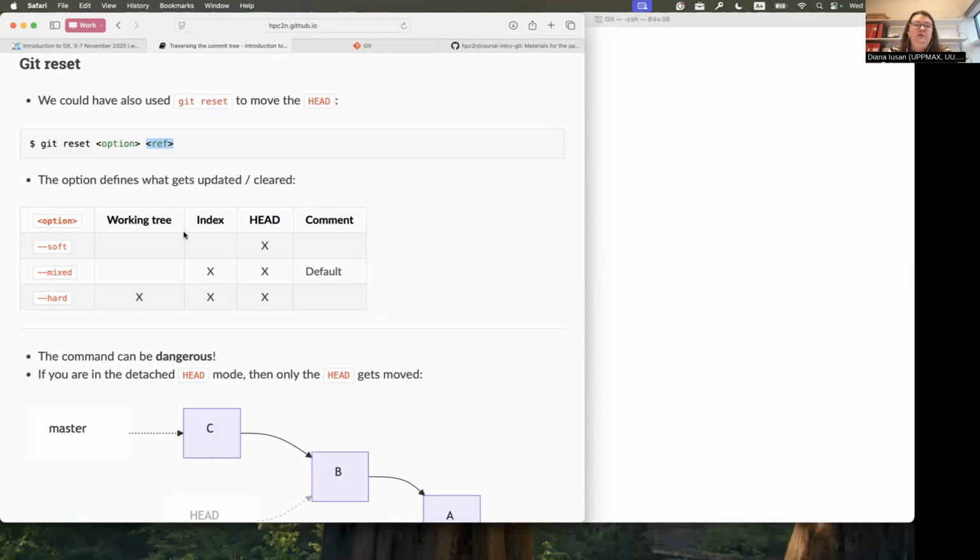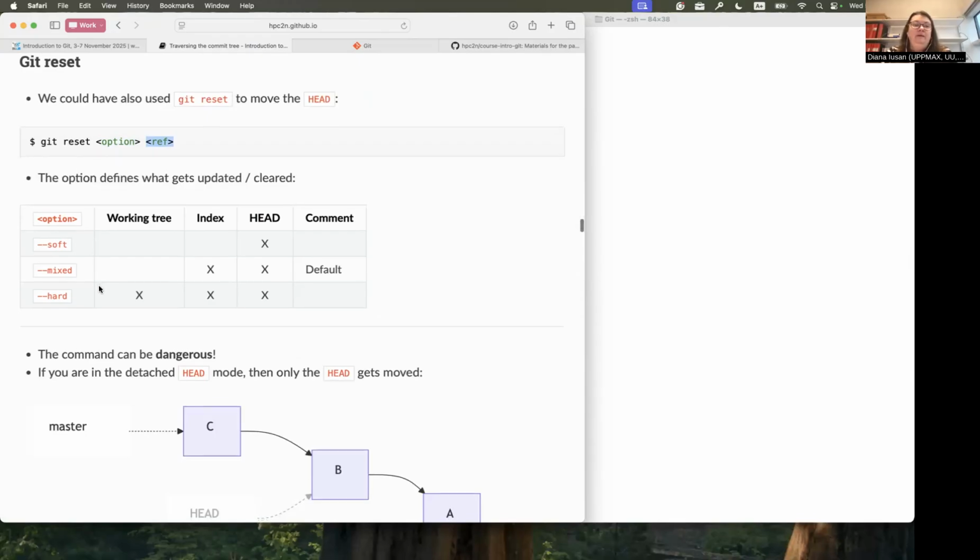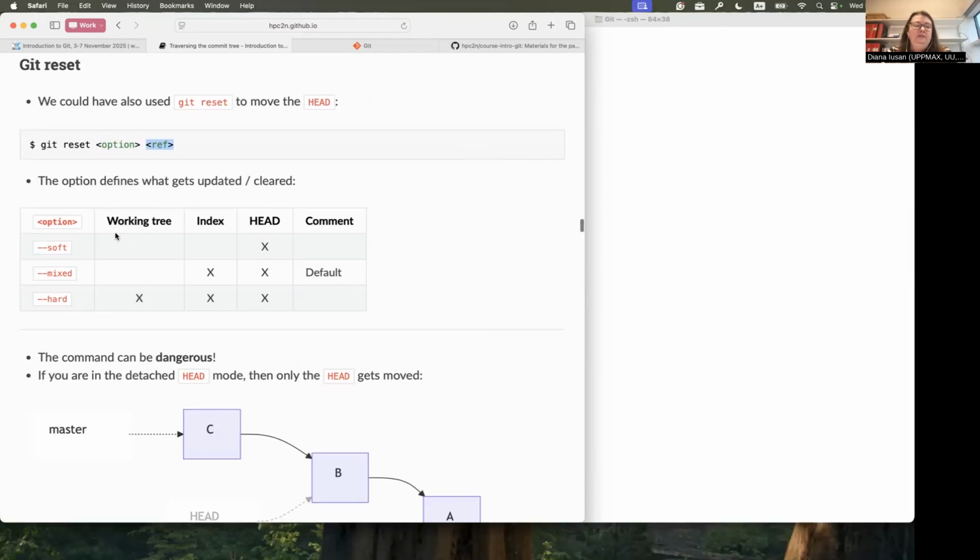So it will try to have the changes in your working directory as it was before the git reset. If it cannot, then you are going to get